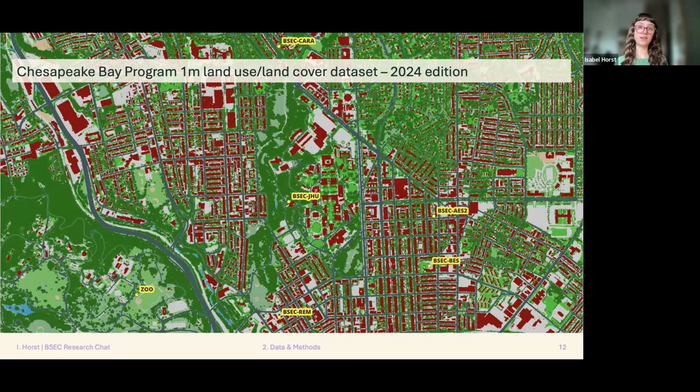And I'm using this data set because I want some sort of reference for what the natural environment, or what the environment surrounding each one of these weather stations, is. So this data set here, I've color coded it to where everything that's in light or dark gray or red is impervious surface cover. And I'll be using that impervious surface cover land use category moving forward as